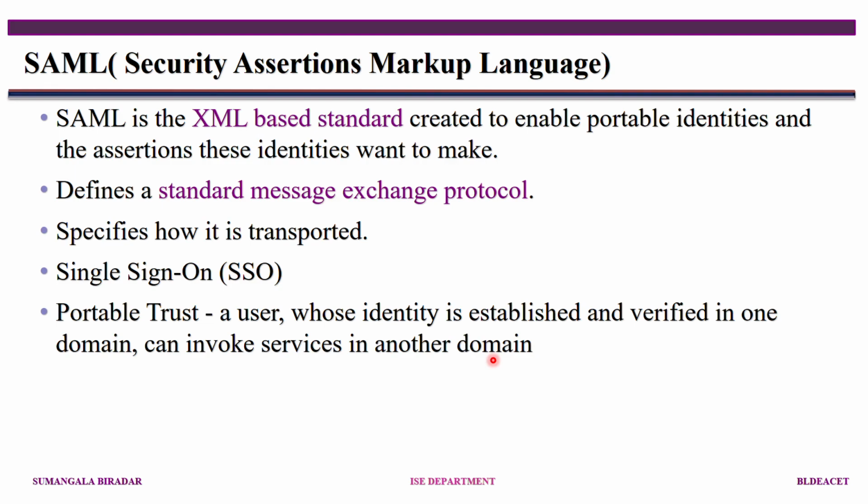After that, if you want to get some other services from other providers, that is what you call domains. From one domain, you have already accessed some of the services. You want some more services from another domain. Then it is not necessary to prove your identity once again. Once it is verified, yes, you can access the services from another domain also. That is what you call portable trust. Portable trust means this domain will transfer all the trust. Another domain has trust in this particular domain here.